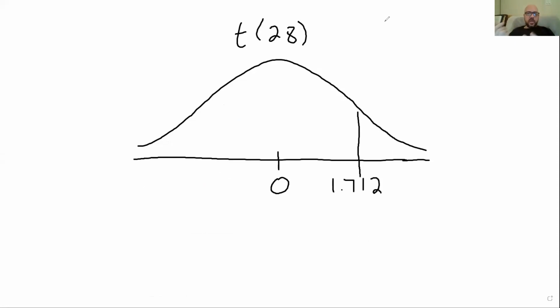And then depending on what kind of hypothesis test we were doing, it's very likely that what we would do is find this area right here. We might actually find this area here as well, depending on what the alternative hypothesis was. Basically, if your alternative hypothesis was just to the right, or just a greater than, then we would just find this area. If your alternative hypothesis was not equal to, then we would find both of these areas,